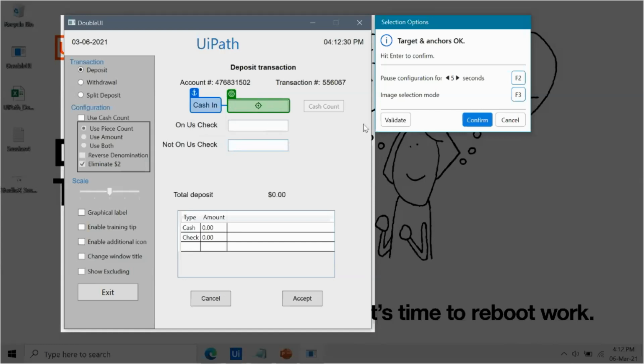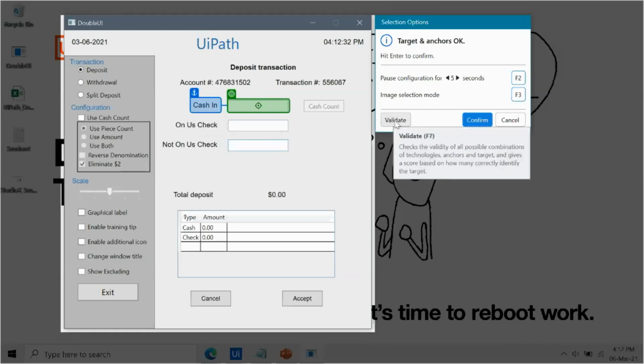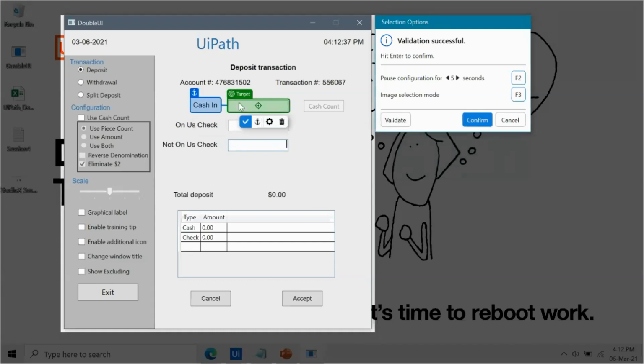Now you can validate by clicking the validate option, and you can see that the green color target is the fixed one. If you find it okay and reliable, then you can choose confirm. In case you want to add more anchors, you can click on the add anchor option and choose a different label that you think could be stable.